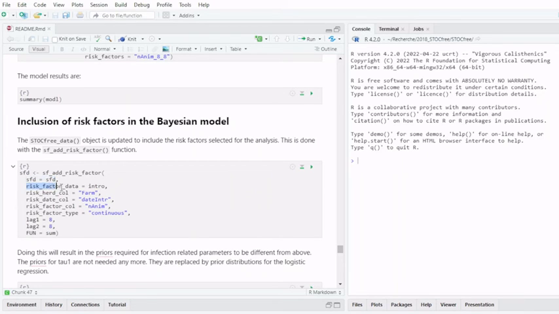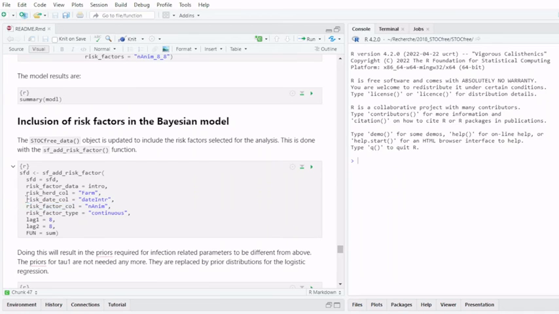Then the risk factor data in which you have your different risk factors. The name of the farm ID, so that the function can link the farm ID in the test dataset to the farm ID in the risk factor dataset. The name of the column containing the risk factor,